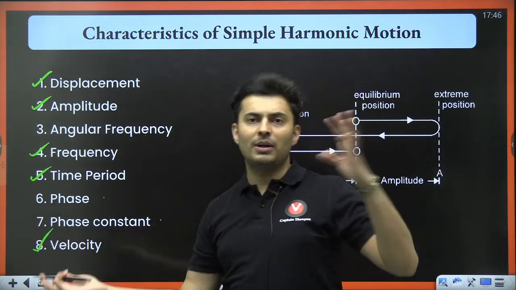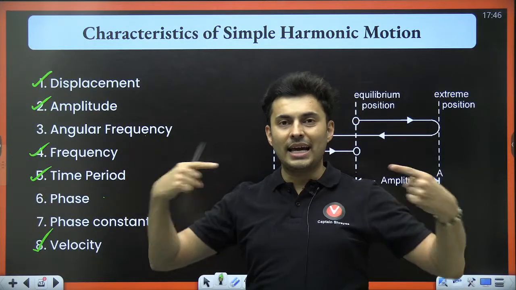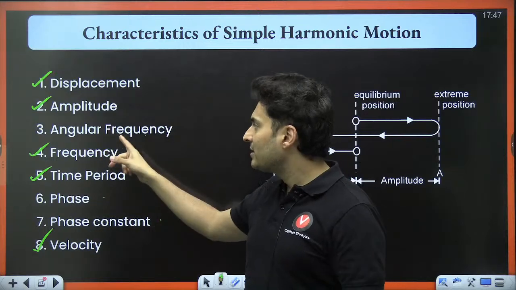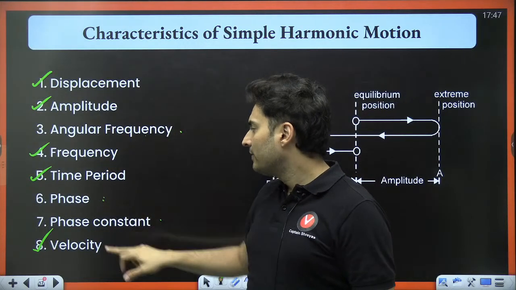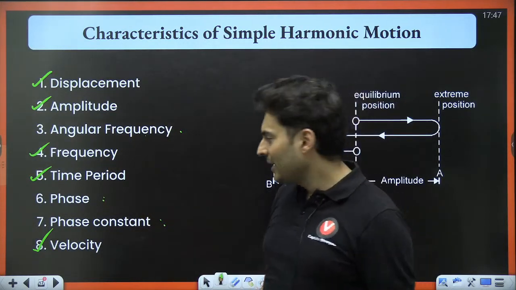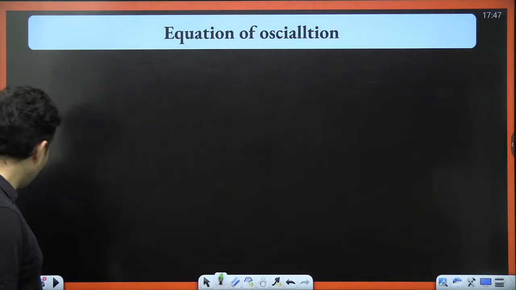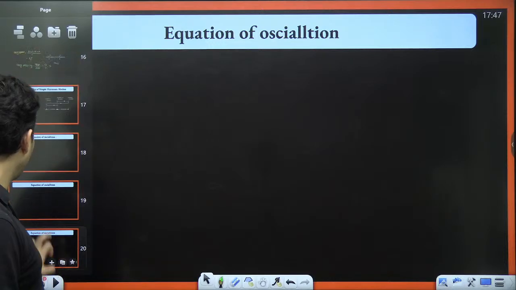Where is the speed minimum? Where is the speed maximum? How does the direction change? Some parts we have seen. We'll also be seeing the equations. So let's see these new terms called frequency, phase and phase constant. All right. Everybody ready for this? Let's start. Observe. Let me just create a duplicate over here.